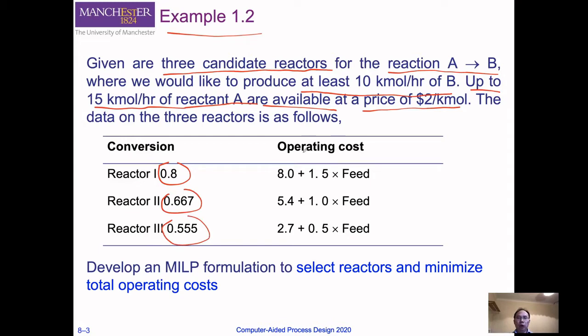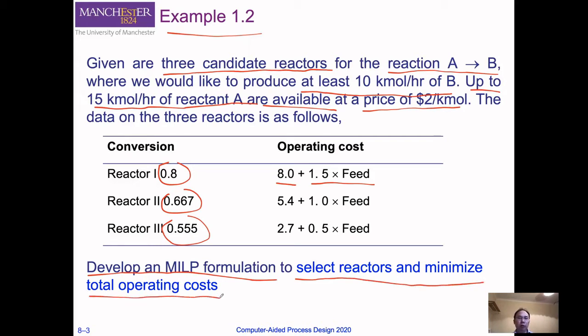and also the operating cost of the reactor. The operating cost includes the fixed cost and also the variable cost. The variable cost depends on the inlet flow rate into each reactor. The question is to develop a mixed integer linear programming formulation, MILP formulation, to select reactors and also to minimize